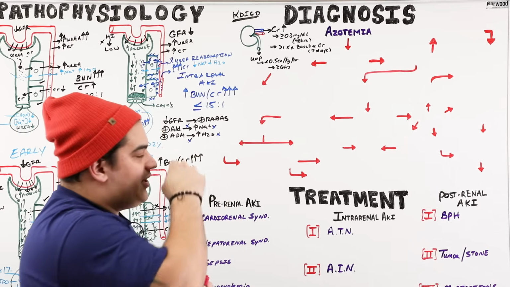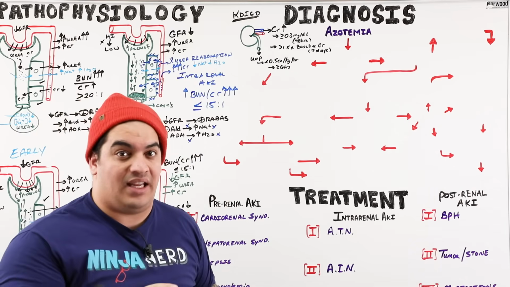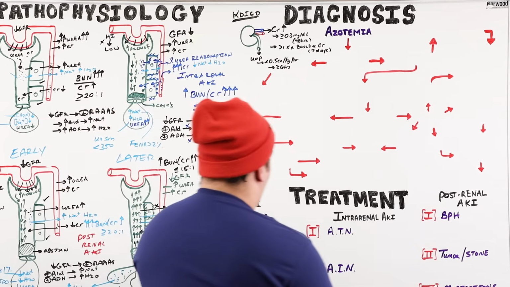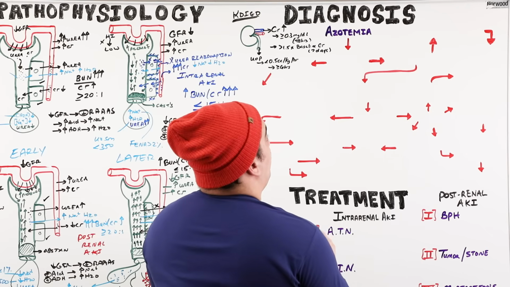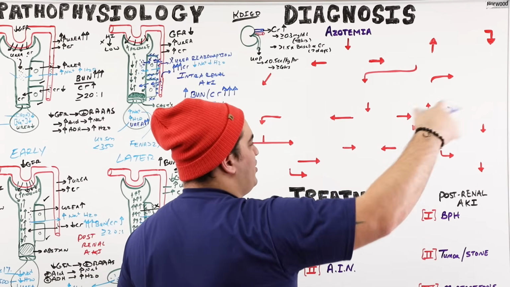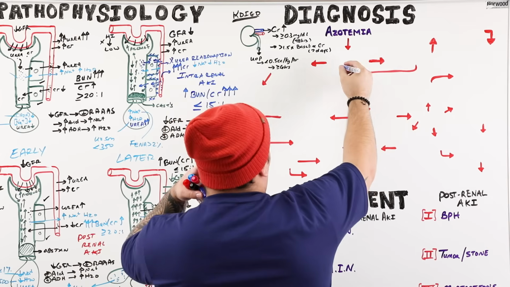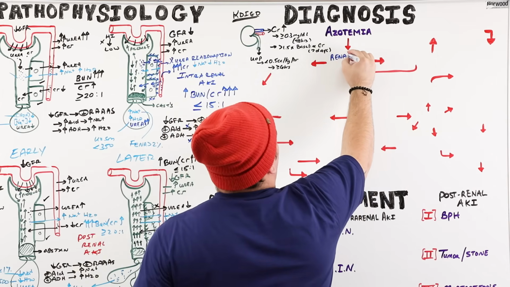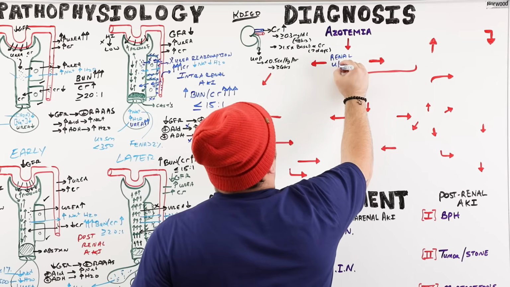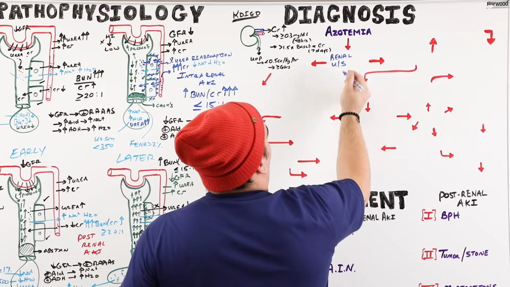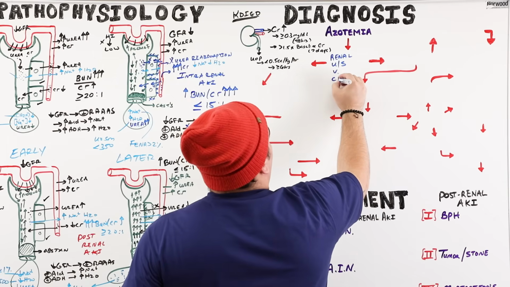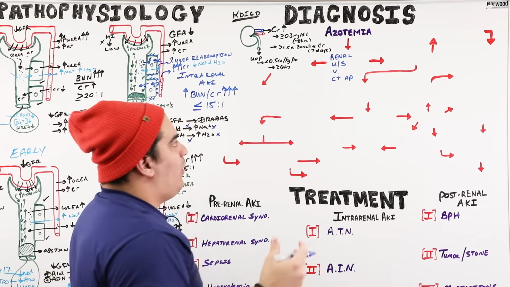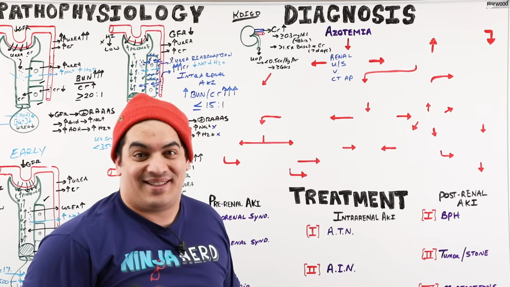The next thing we have to say is, okay, what's the cause of the AKI? That's what I really want to get down to. The first thing you can do, believe it or not, is a really quick, easy thing: we can quickly rule out post-renal. It's usually the easiest one to rule out. One of the ways you can do that is obtain a renal ultrasound. You want to go through their history and physical exam, but a renal ultrasound versus maybe a CT scan of the abdomen and pelvis would be a way to quickly go about doing this, okay?